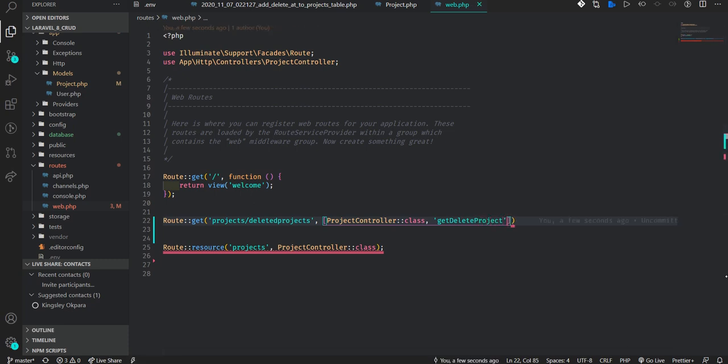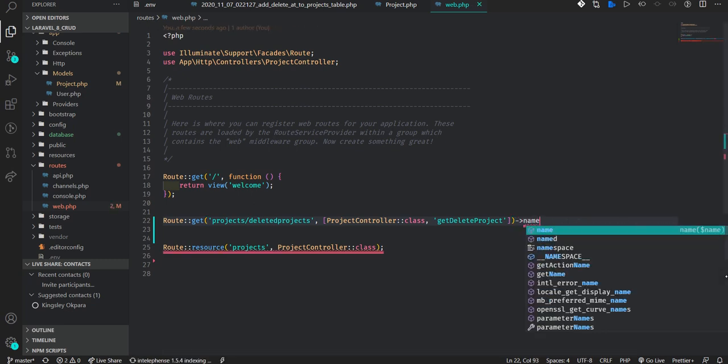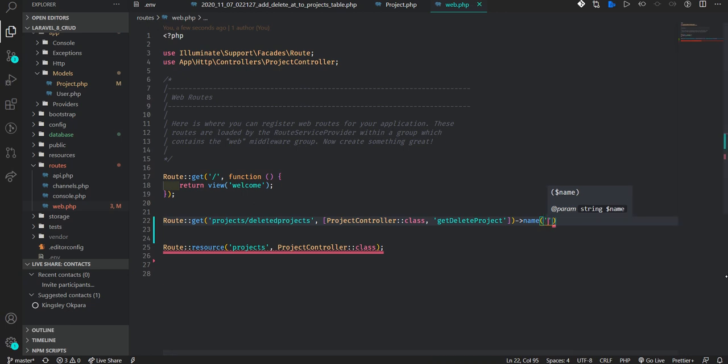Now I give it a name. I always give it a name so that it will be unique and easier for me to code and bring out the data I need. I'm going to copy this, and typing is not that fast. I paste it there. Now I've given it a name.